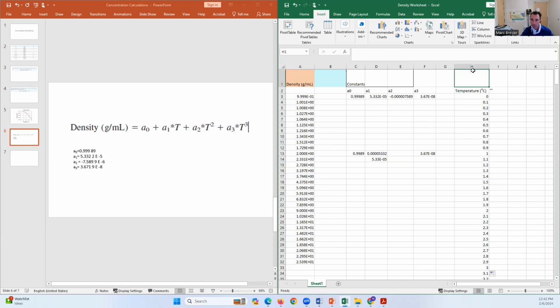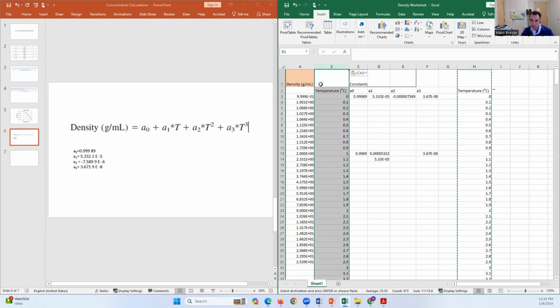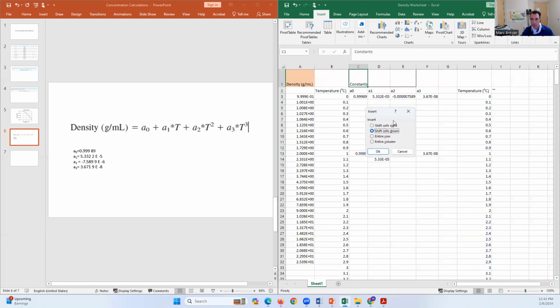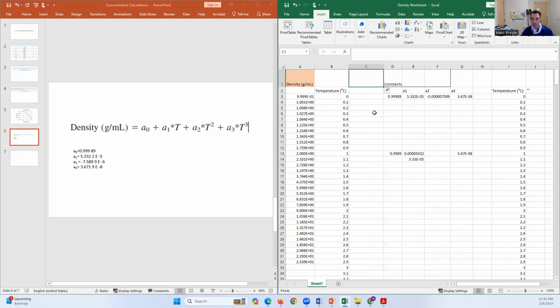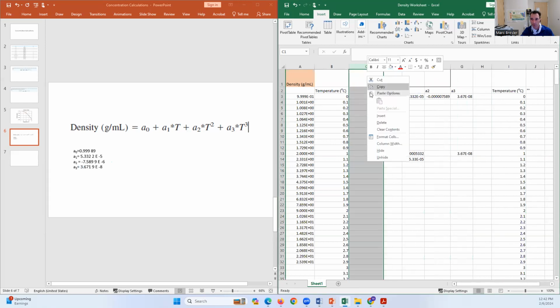And then if you hit the top of A here and press Control C, and then put that on the column B and then Control V, it'll paste those values over for you. So let's try to do that. I'm going to insert a column here too. So you can insert an entire column like that if you right click, just because it might look a little nicer